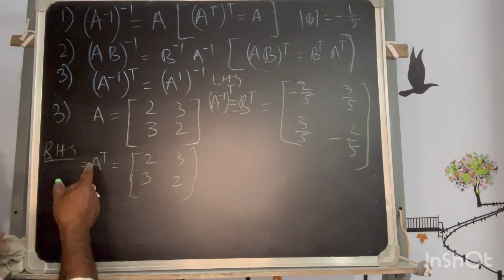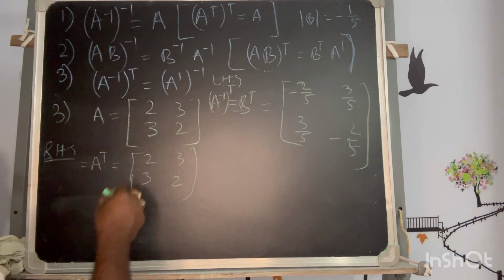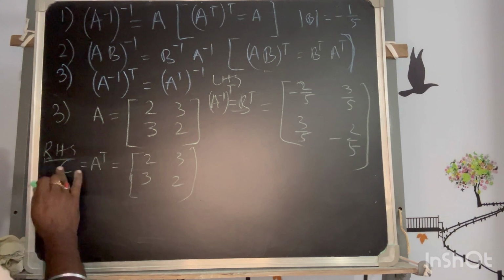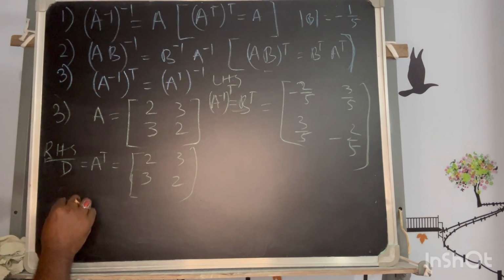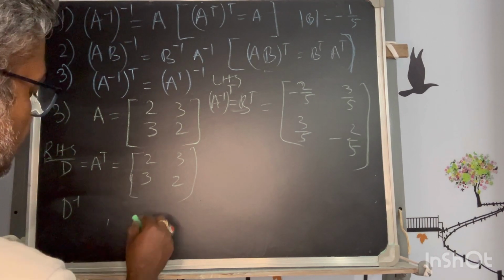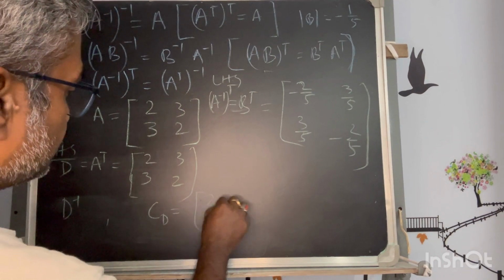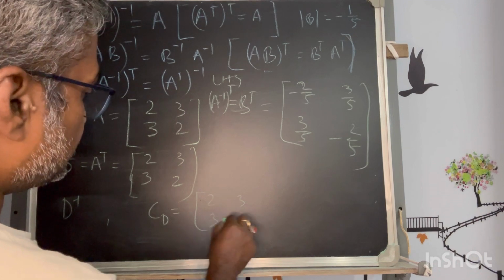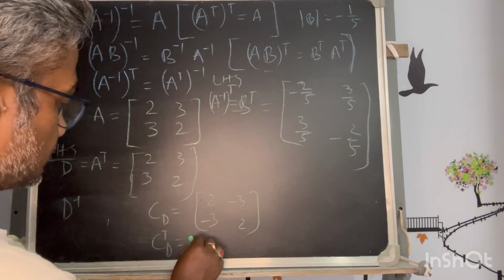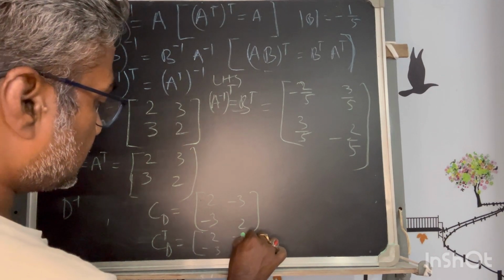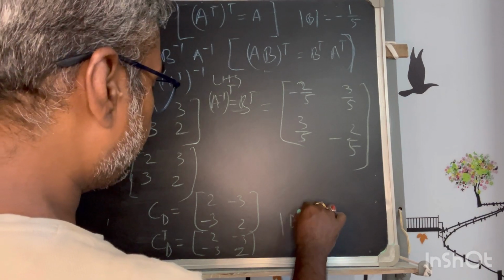So this is the transpose. Now what I have to find? I have to find the inverse of that. Let it be any other matrix D, assuming. So D inverse I have to find right now. So for D inverse I have to find the cofactor of D, that is equal to the same 2 3 3 2, but only thing minus will come. So now C D transpose is equal to 2 minus 3 minus 3 2,